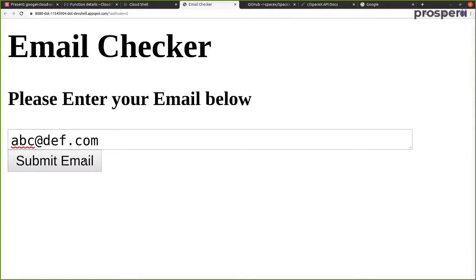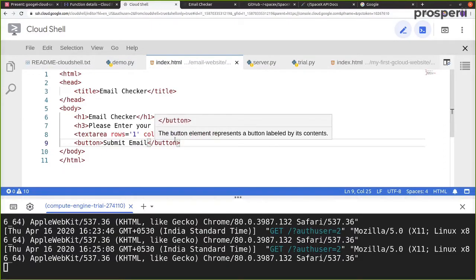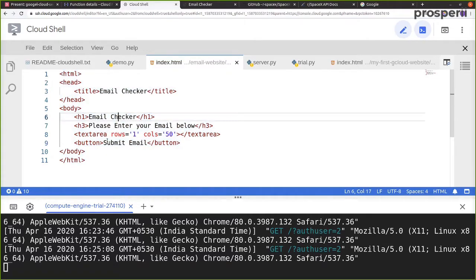Okay, so this is where we come across the second aspect of building a very simple HTML website, which is that now we want to put in brains inside this particular application. So right now, everything which you have seen over here is just a good way of displaying certain information.